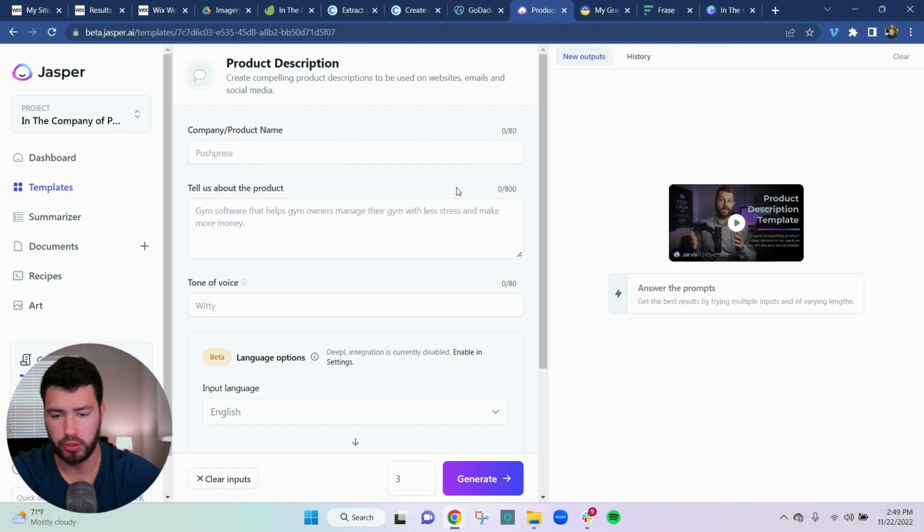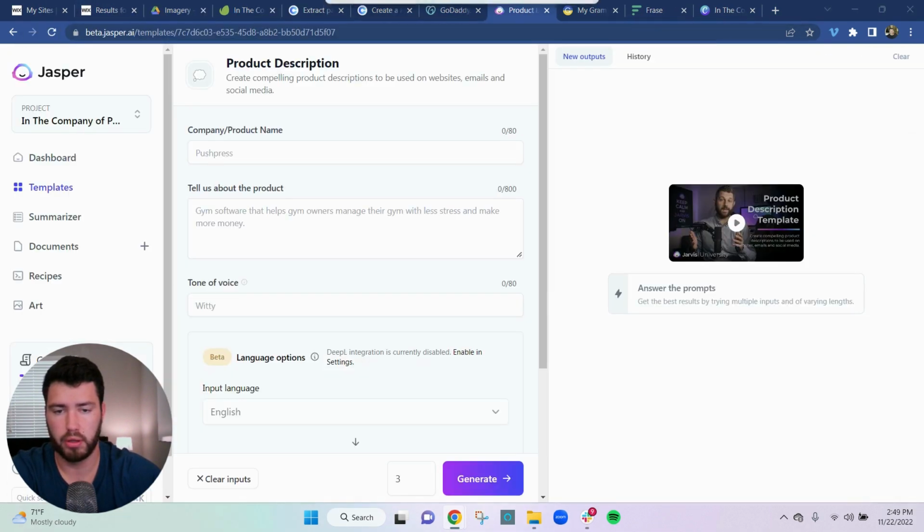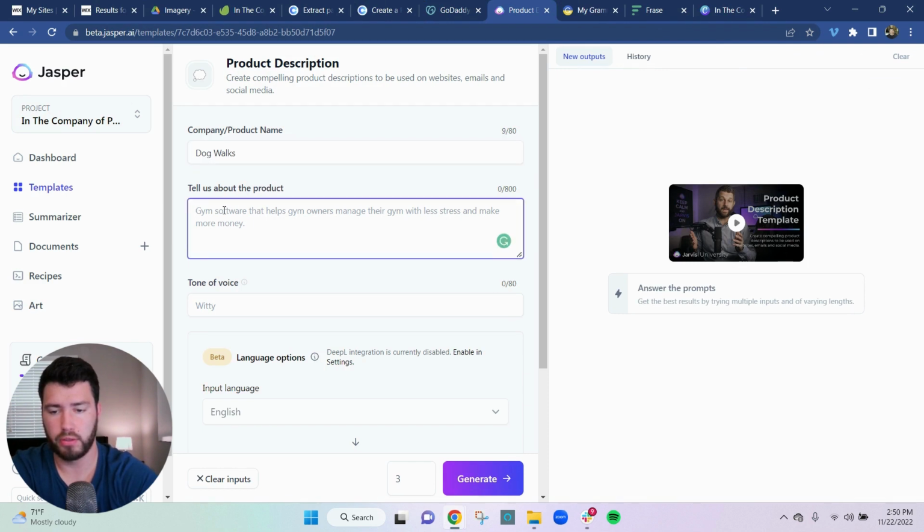So here's a product description. So the product name is, let me throw this up on the other tab. Okay, so the product name is Dog Walks. So this is something simple as scheduled dog